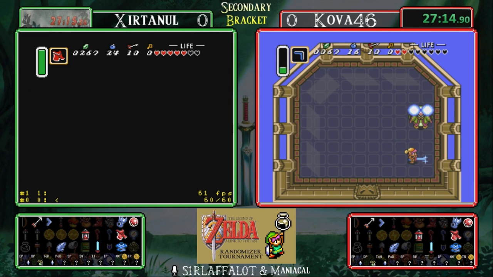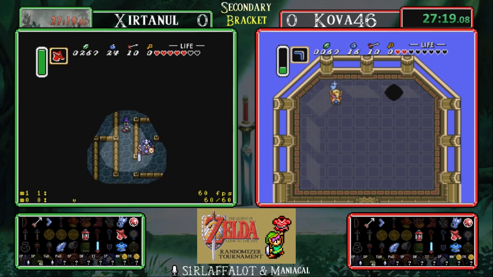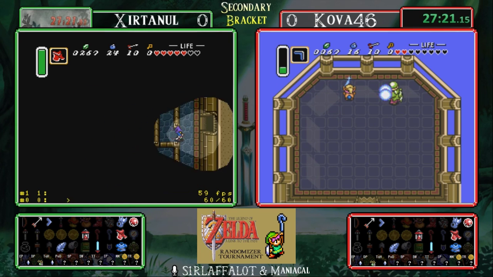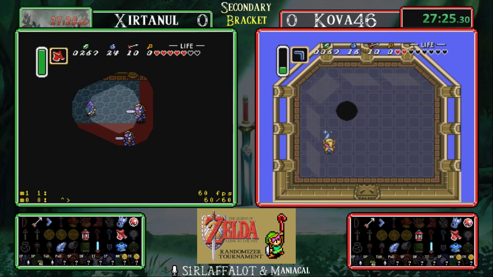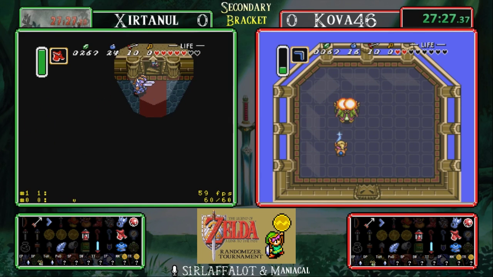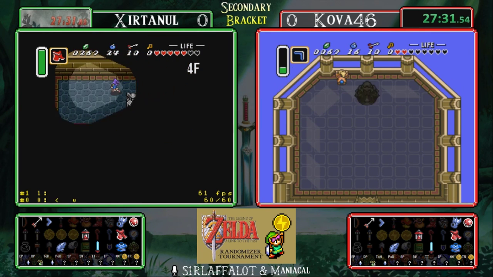And I think we stopped at 2 blue balls. I think we saw a 3rd for Kova, but I've honestly miscounted there watching Xirtanul. It looks like 4 now. Yeah, I believe that was the 4th one. Xirtanul did die off of a 3rd blue ball. That is what killed him, so...